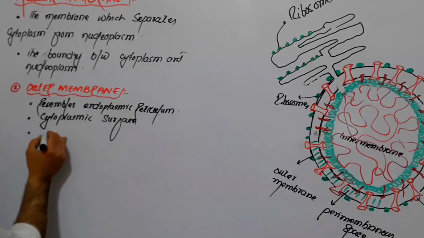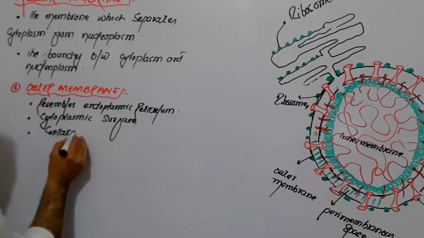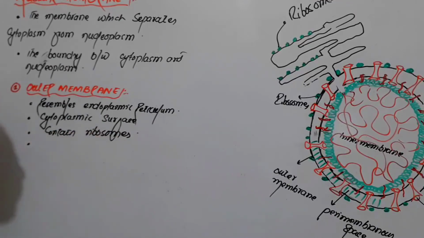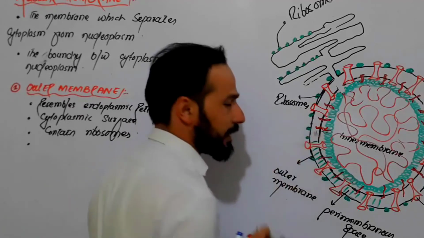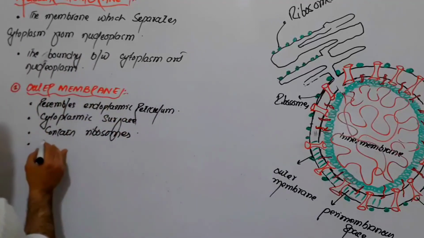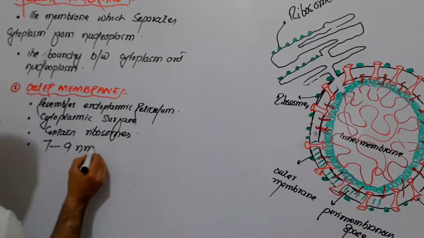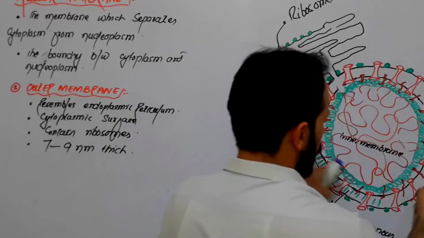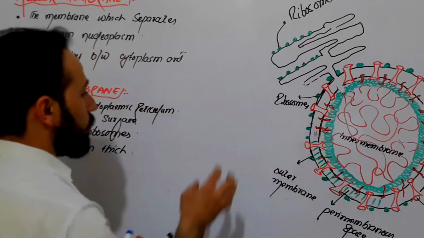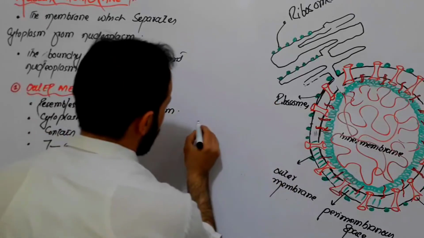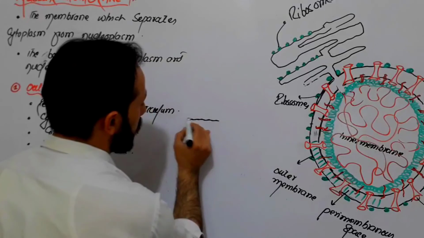So we know that it contains ribosomes, right? Then what is the thickness of this membrane? The thickness of this membrane is 7 to 9 nanometer thick. So this is a little bit about the outer nuclear membrane. Let me take a piece of it and draw it also here, right? So if we draw it like this,